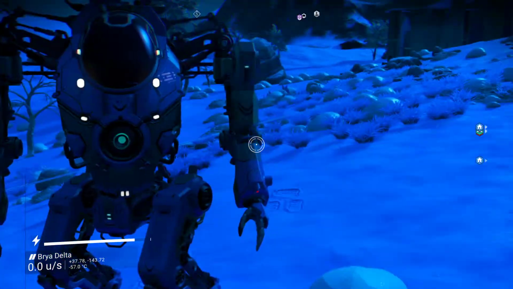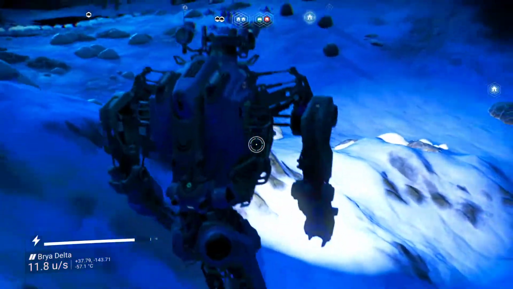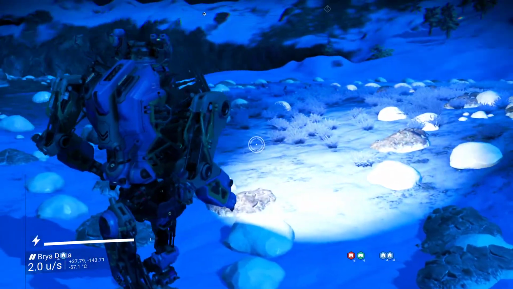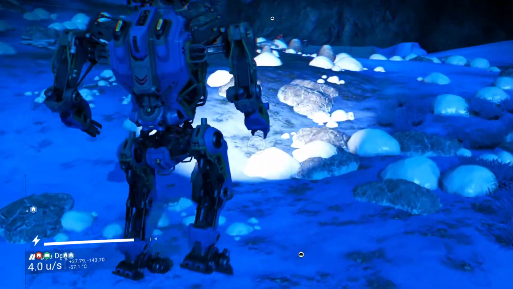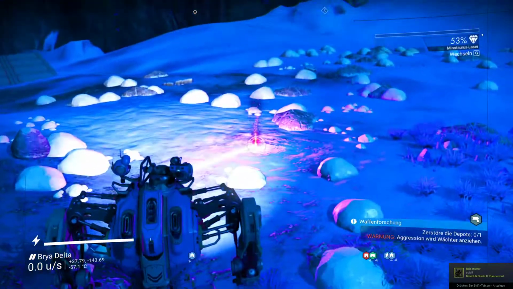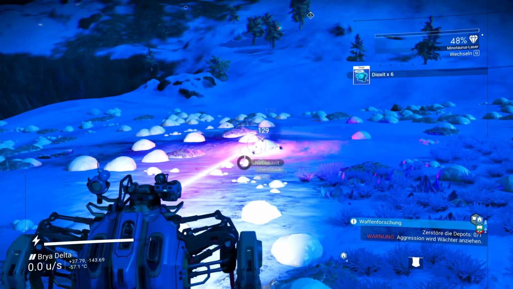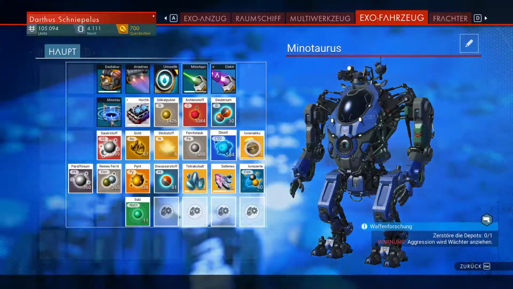I somehow activated this messaging beak, which I cannot deactivate anymore, and now it greets me all the time when I'm getting close to my base or get into my Iron Man suit here. This one has also mining, as you can see, which is quite cool. If I do need this ground stuff to collect, I can